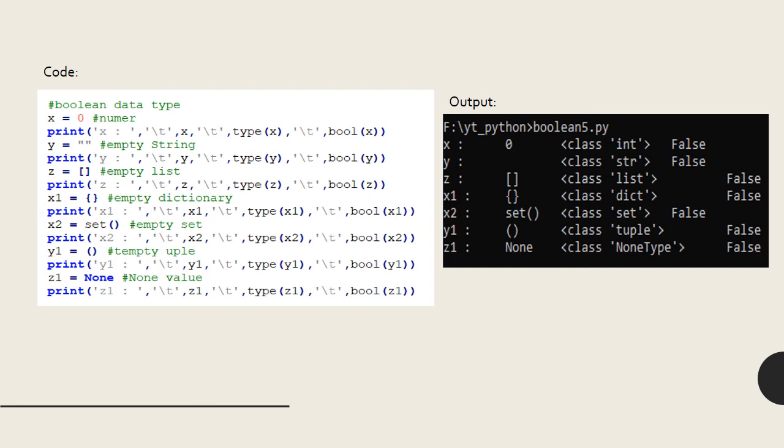Now you can see that in the output we will get the false values because we are using all zero values, or you can say all empty values we are using. So by using zero values or empty values we will get false Boolean type of data of the variable in a bool function.